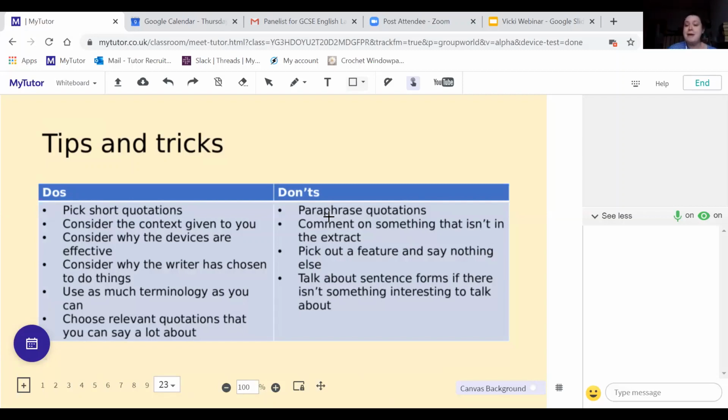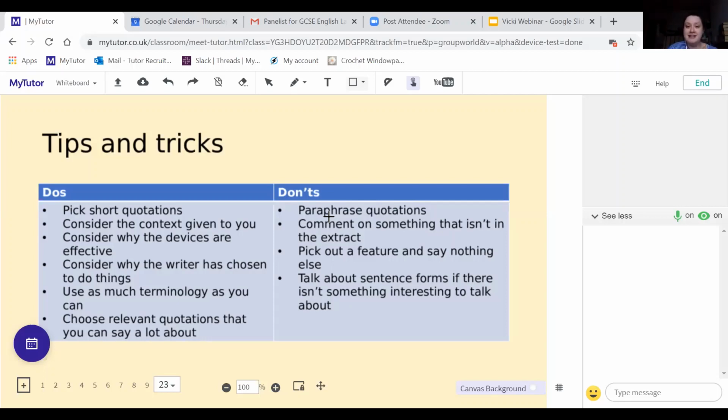So don't paraphrase your quotations. You need to be using speech marks and you need to be copying them and making sure that you are copying them correctly. First couple of things that you might do, you might choose a quotation and then add in a word or get a word wrong. Make sure that you are copying it word for word and make sure that you are spelling those words correctly. It's surprising the amount of students who copy out a quotation that is in front of them and they misspell something. It's there in front of you, use it.